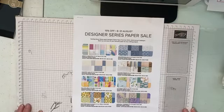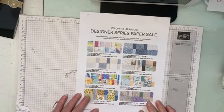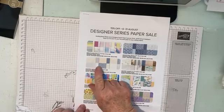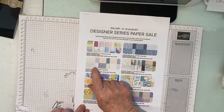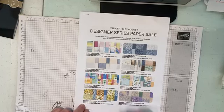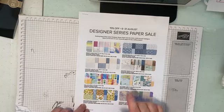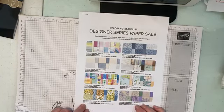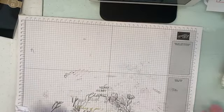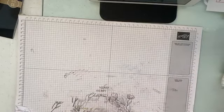So today I'm going to be starting a new lot of DSP, and I'm going to be creating with the Country Lace DSP. It's one of the papers that is on special for the month of August with 15% off. Okay, so along with that, I thought we might bring in